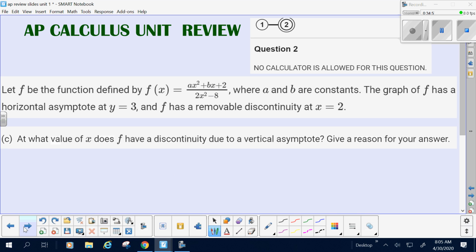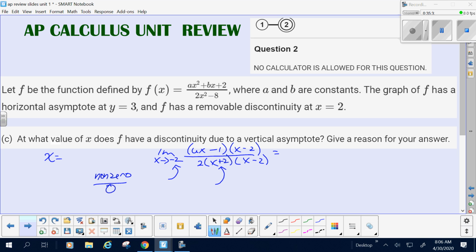And last but not least, at what value of x does f have a discontinuity due to vertical asymptote? It is to be determined, but we know that 6x minus 1, x minus 2, x minus 2, and x plus 2. All right, now remember, that is the case where you have 0 in the denominator and non-zero in the numerator. And so it's not the hole case, it's where else do we have a hole. And so it's obviously at -2. So you would say at x equal -2, there's a vertical asymptote,